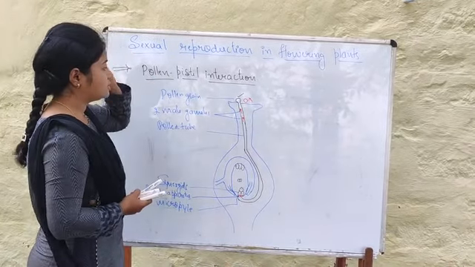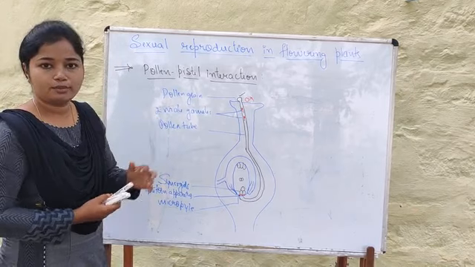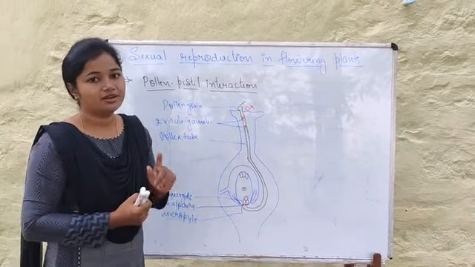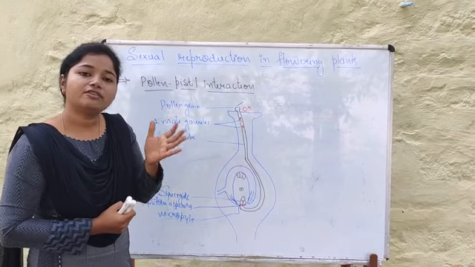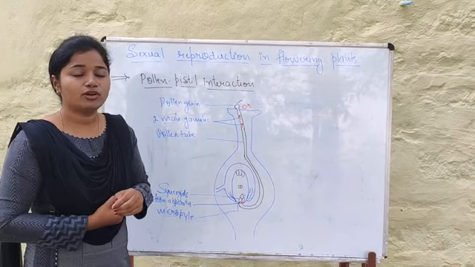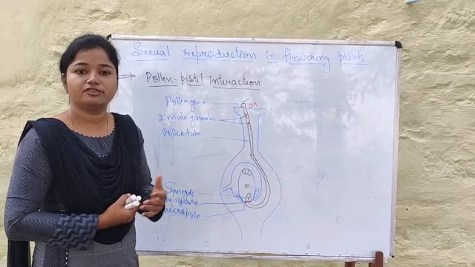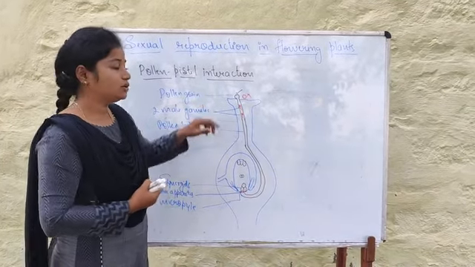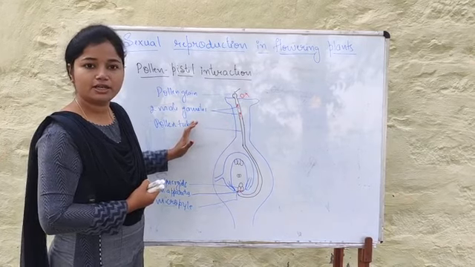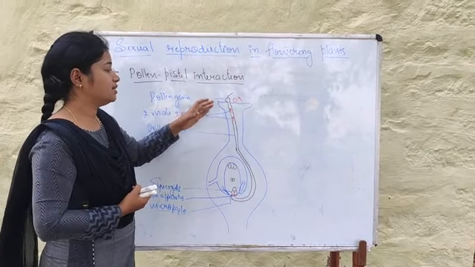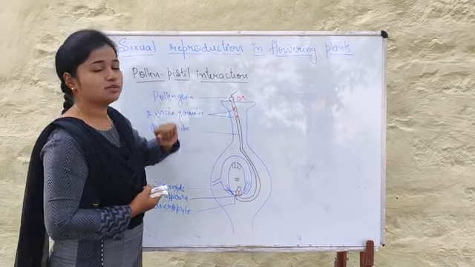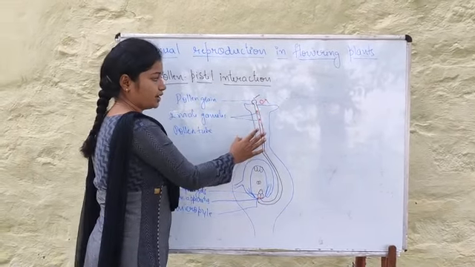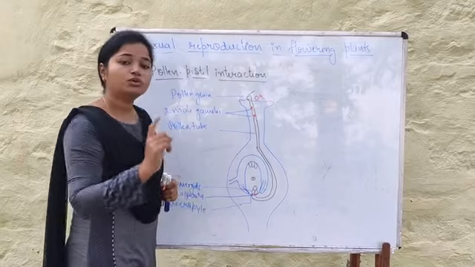So let us see this. Pollen-pistil interaction means an interaction between the pollen and the pistil. Pollination does not always guarantee the transfer of the right pollen, right? Often the flowers get the wrong type of pollen, either from the same species or from a different species. Whenever the wrong or right type is present on the stigma, the pistil has the ability, because there is a continuous dialogue between the pollen and the pistil, right? Whenever there is the right type, it is going to accept. Whenever there is the wrong type, it is going to reject it.